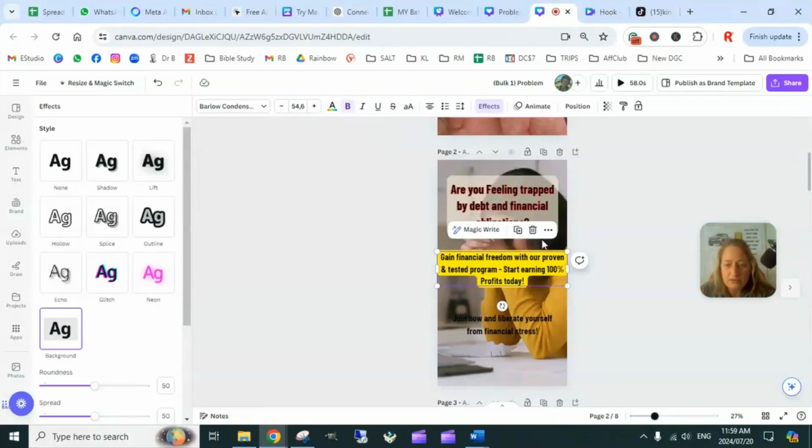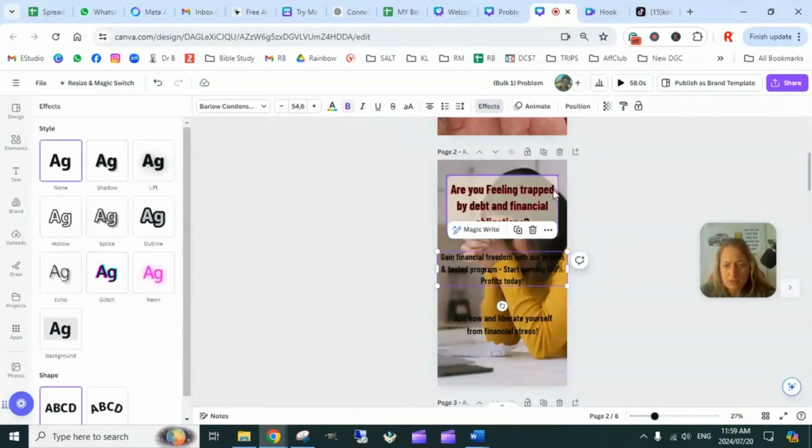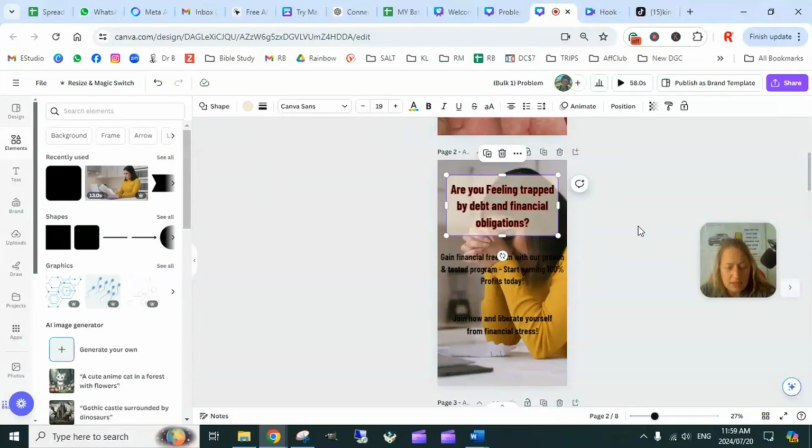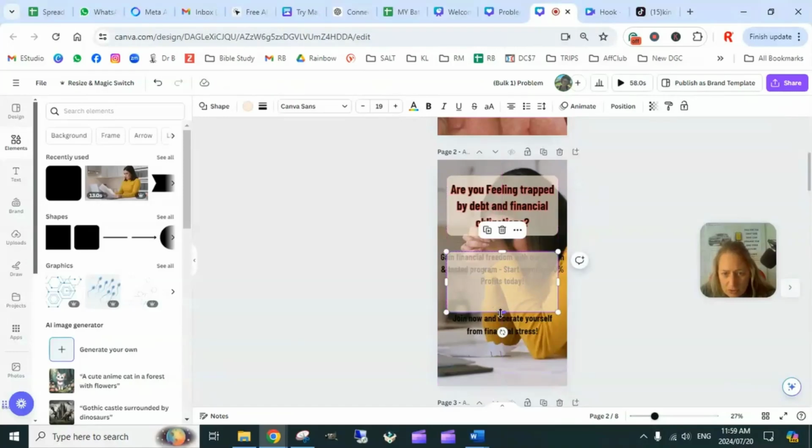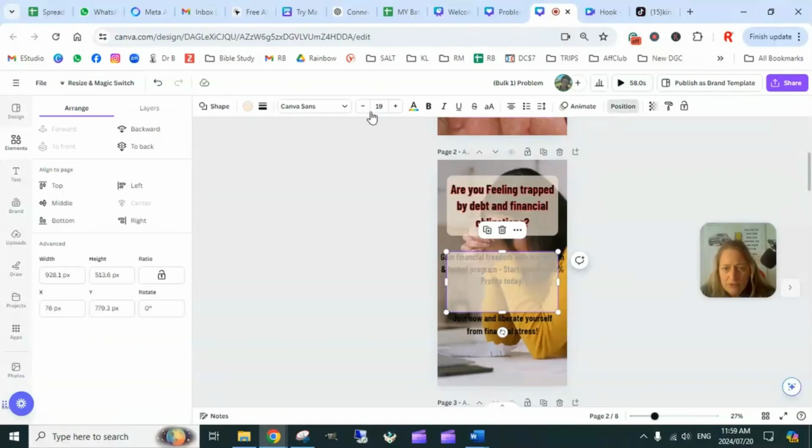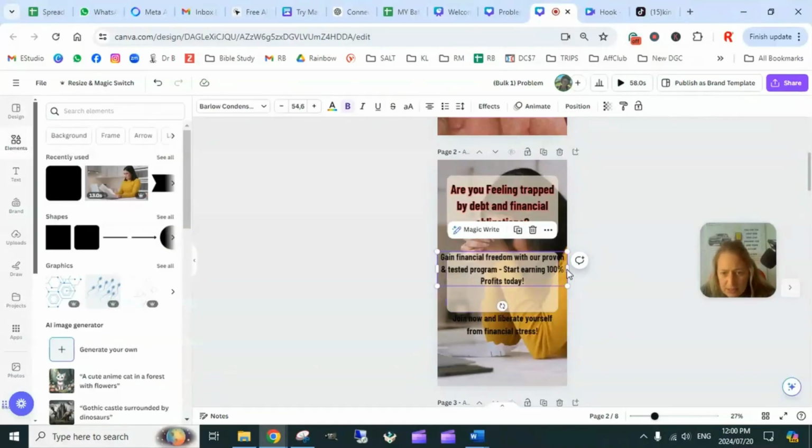But the other way of doing it is to take the box, copy it and paste it, and make sure that you've got your text over that box. So we're going to put that box backwards and put this text inside of this box, and there we go,